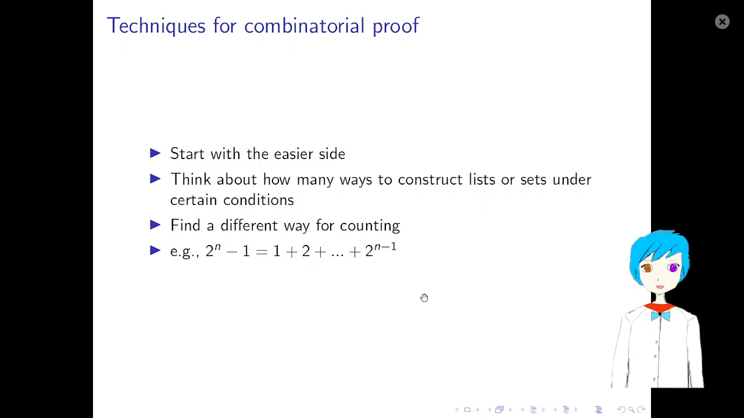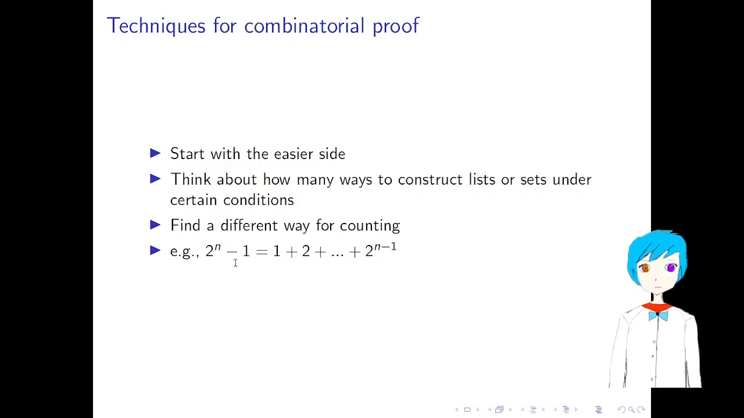So in our class, the combinatorial proof always involves counting lists or counting sets. We start with the easier side, and we think about how many ways to construct lists or sets under certain conditions. Maybe then we can find a different way of counting. An example would be 2 to the power n minus 1 equals 1 plus 2 to the power 0 plus ... plus 2 to the power n minus 1. So this is the number of lists of n elements,